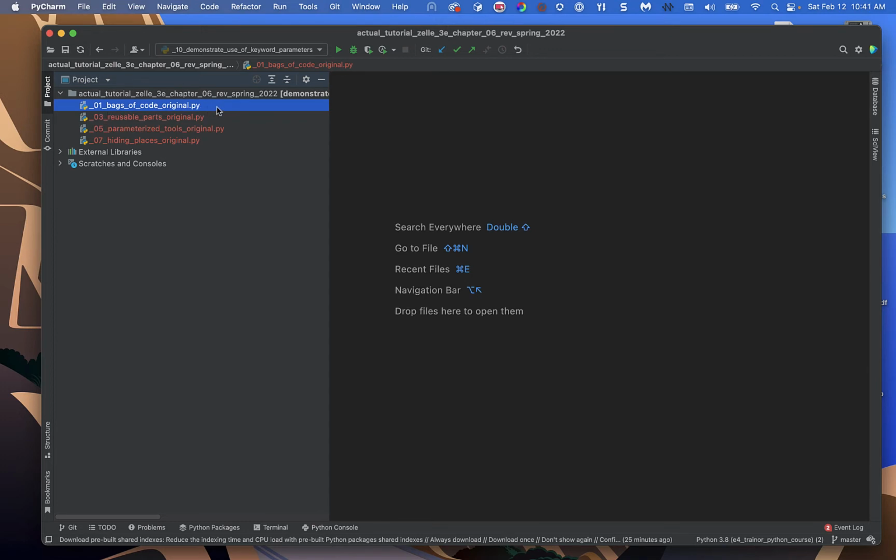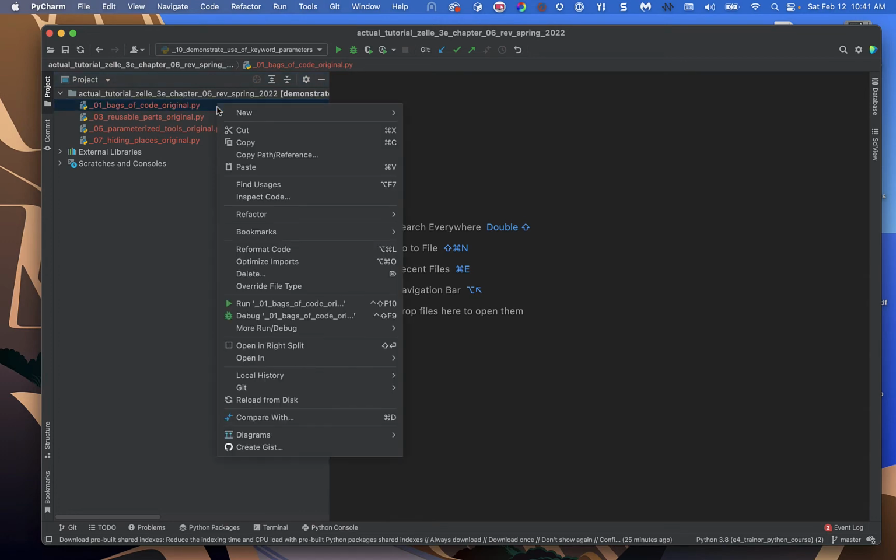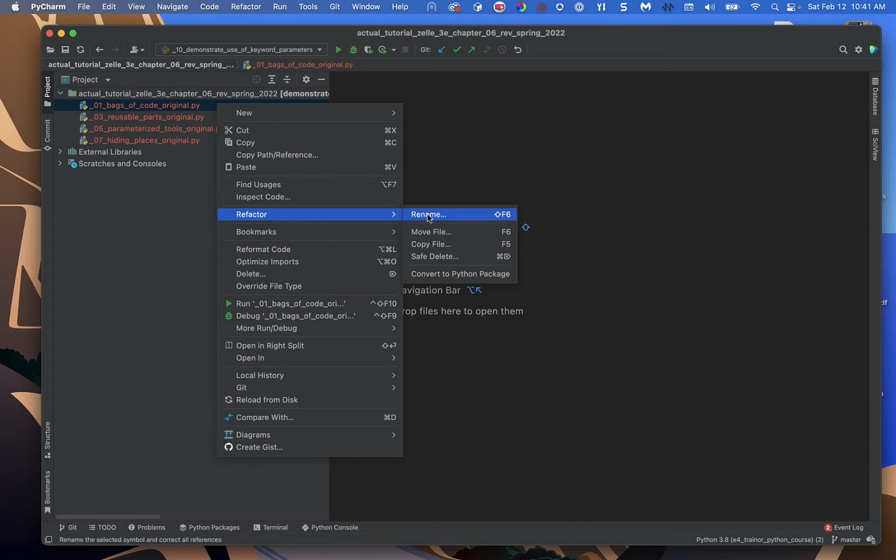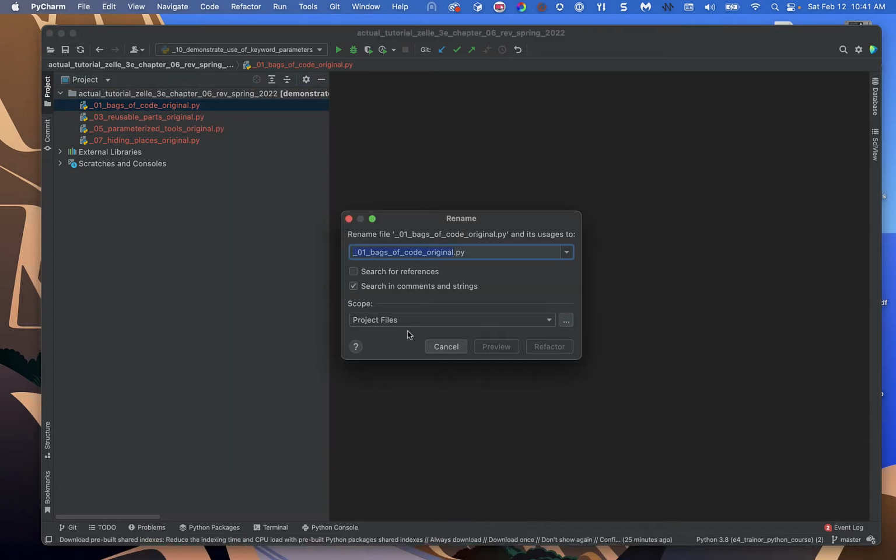So let's see how we would rename each of those. Highlight it, right click, refactor, rename. It pops up with a rename function. I'm just going to get rid of the number and get rid of this original